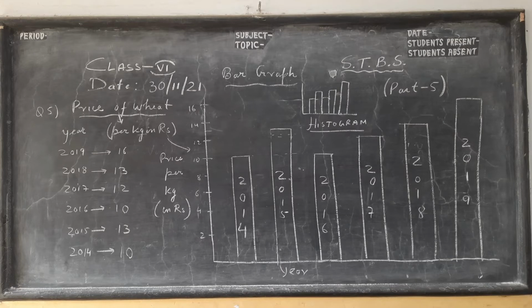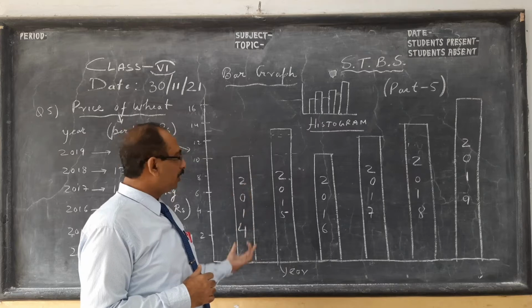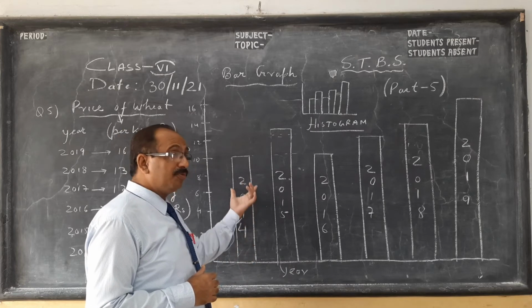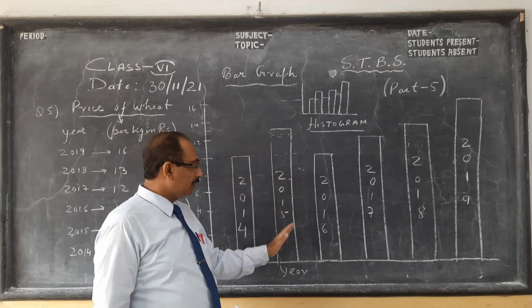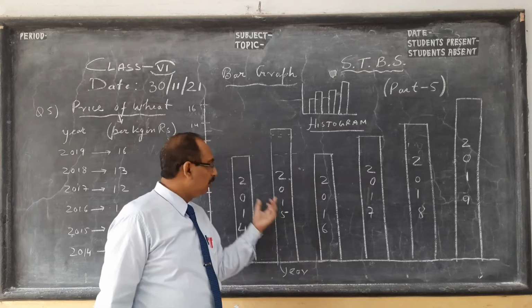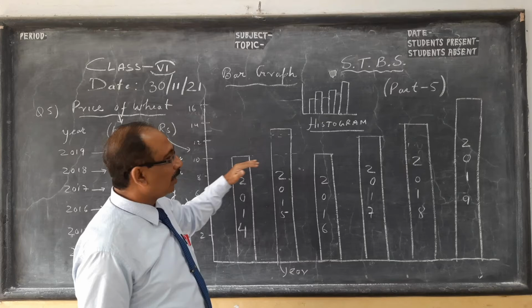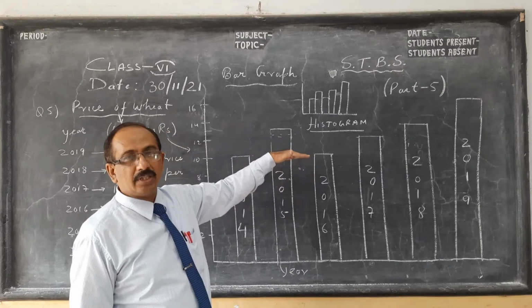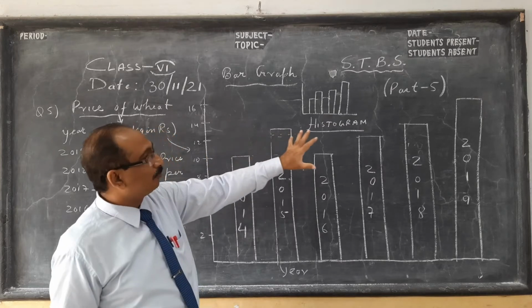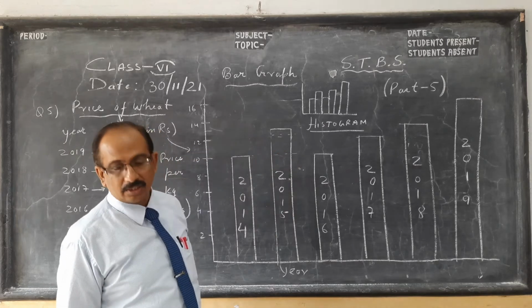One thing before I end this particular question: this was very little to write, so we have used this vertical bar graph. If I have to write more, like next time I'll show you Bengaluru, New Delhi and all, a lot of writing, then there is a problem because this space is less. So either we write here or we write here. Generally we write here. We use a horizontal bar graph when we have to write something longer. Next time I'll show you that, but this is also a better way of comparison. We'll see the horizontal bar graph in the next sum.